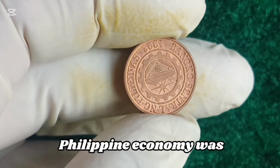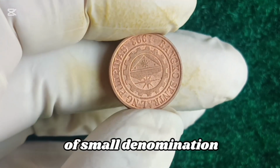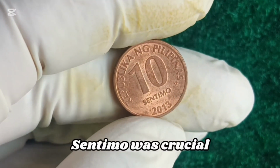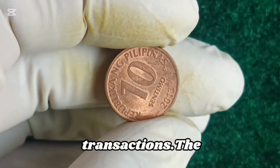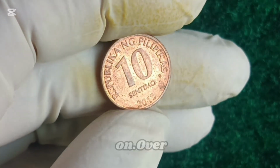In 2013, the Philippine economy was experiencing growth, but inflation had slightly diminished the practical use of small denomination coins. However, BSP's effort to maintain low-value coins like the 10 Sentimo was crucial in fighting price rounding errors and ensuring accuracy in consumer transactions. The 2013 10 Sentimo is not considered rare, but some collectors value it based on